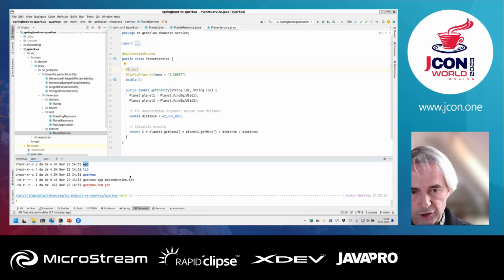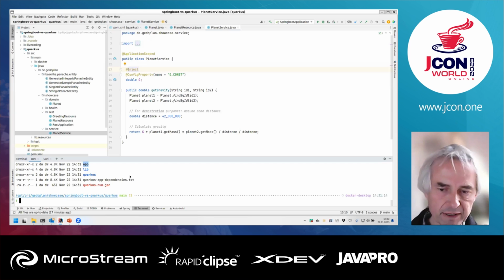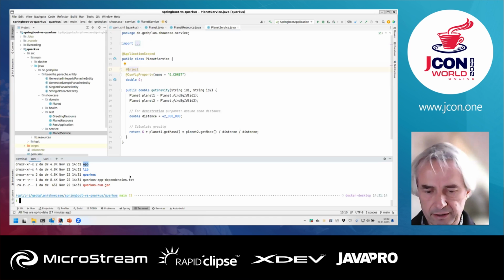So all the knowledge is available at build time, and Quarkus utilizes that. And it generates what I call glue code, that is placed in this quarkus directory here. And the quarkus-run.jar file, which is very tiny, just 651 bytes long, is just a starter, a main class, if you wish, with